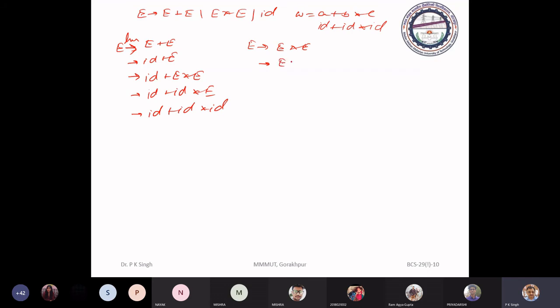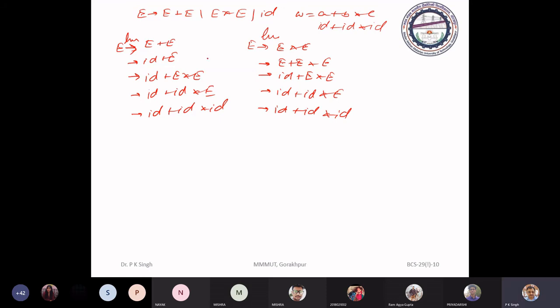This you can write as E asterisk E, then ID plus E asterisk E, then ID plus ID asterisk E, then ID plus ID into ID. We are able to generate two leftmost derivations.